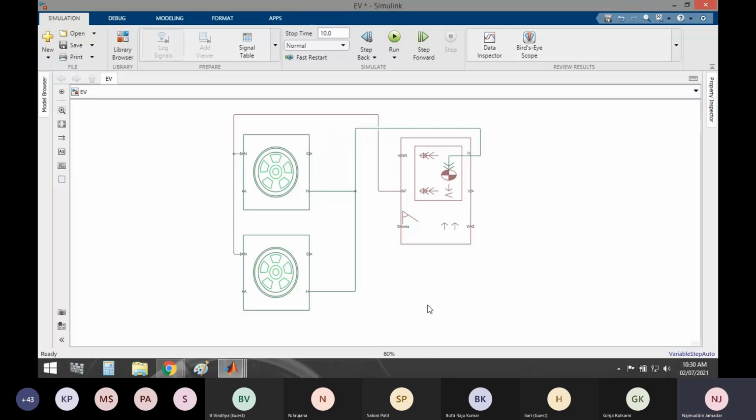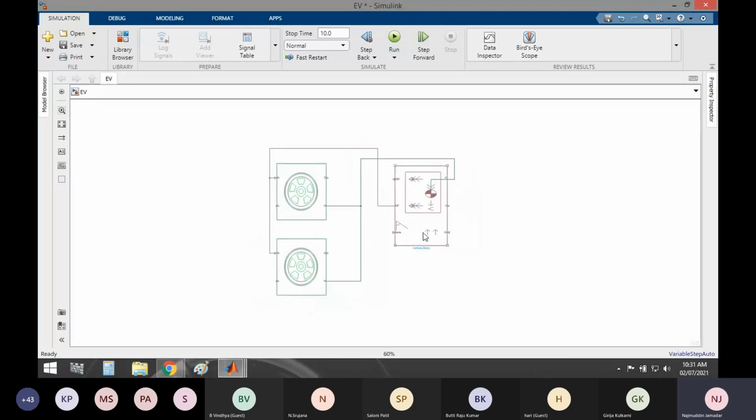Now S is a slip, which is not required here, because if you want to calculate some slip related parameters, how a vehicle can skid in braking and all that, you can also do it. Now we have connected a vehicle and tires.